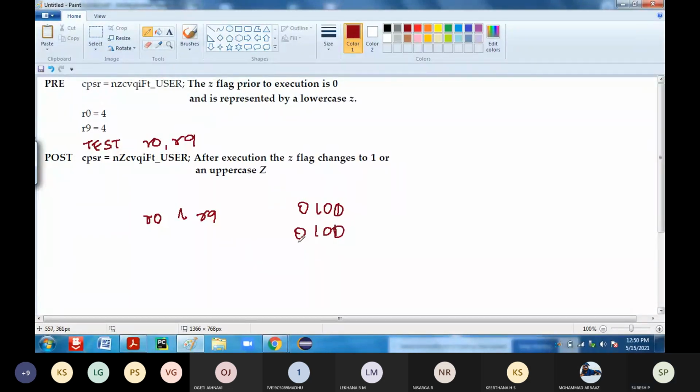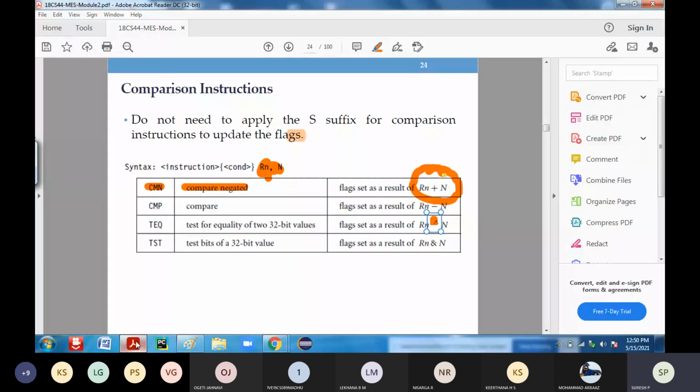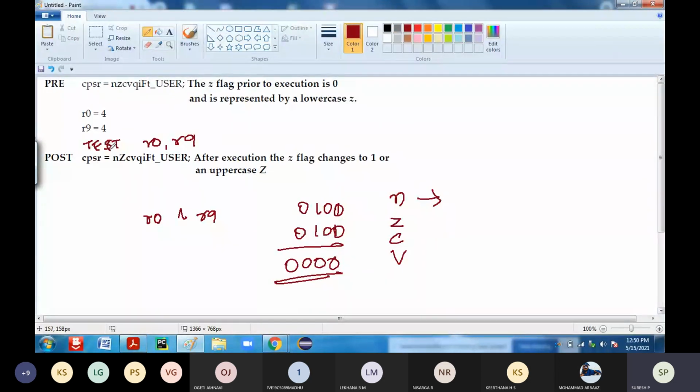So all of it will be 0 only. Now for NZCV, is it going to affect your negative flag? No. TEQ is not going to affect the negative flag. It will be 0 only.